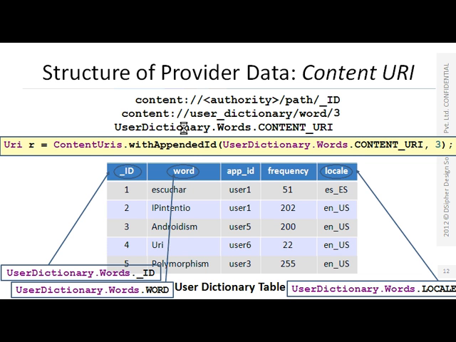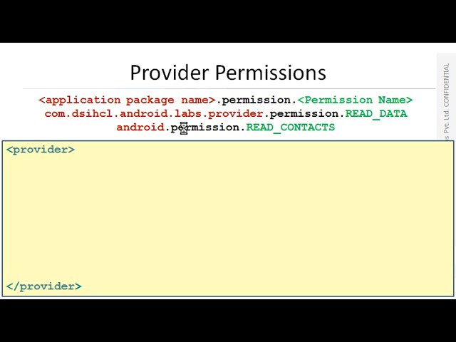But before using this content resolver, you must specify the permissions to get access to this table. Those permissions must be specified in the AndroidManifest.xml file. So this is a brief introduction to your content provider and content resolver. The applications which are going to provide their own data to other applications must specify the provider in their AndroidManifest.xml file. Are you getting it?